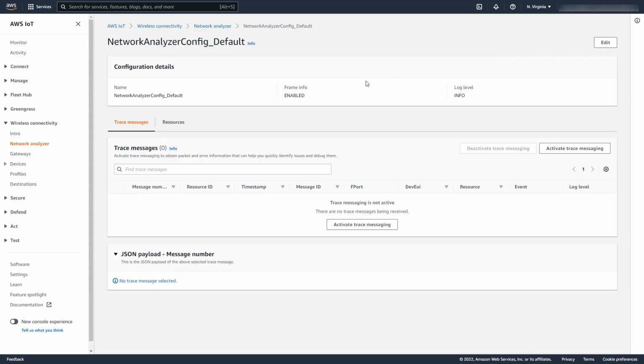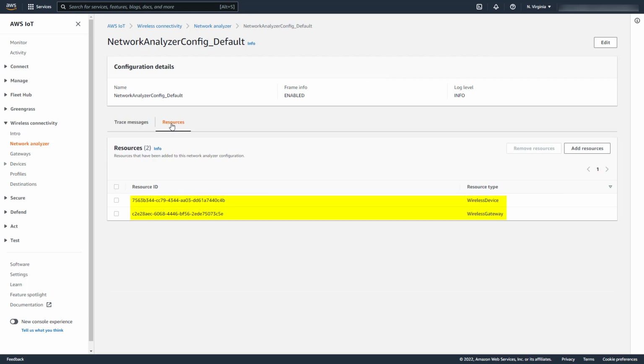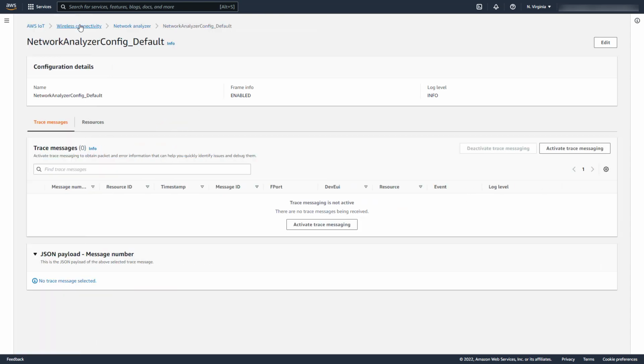Returning to the Resources tab, we confirm that the gateway and device have been successfully added. We can now activate trace messaging for these two resources.